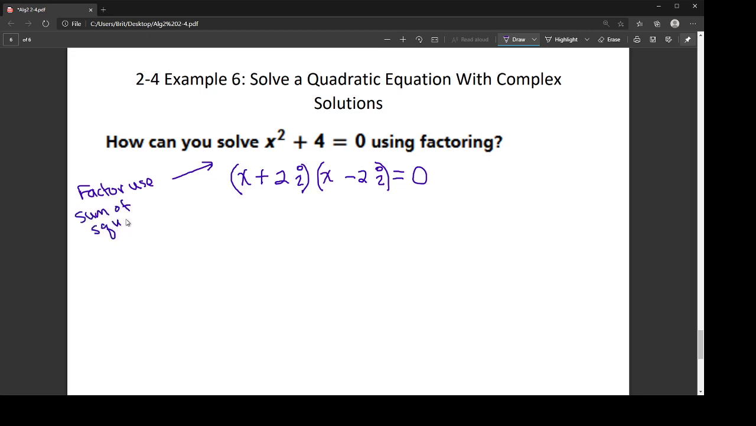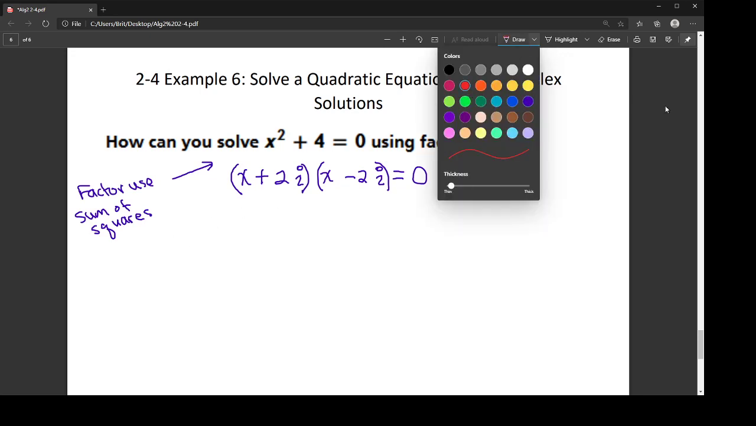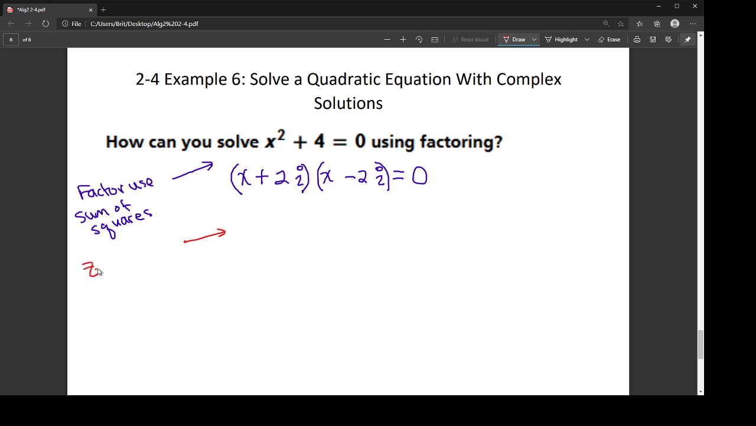So now that we've done that, I'm going to use what's called the zero product property. Recall, it says if you have two terms that are being multiplied together and they equal 0, then either the first term is equal to 0, the second term is equal to 0, or they're both equal to 0. So if I set each of these equal to 0, then I can